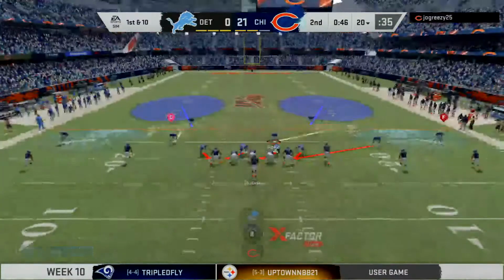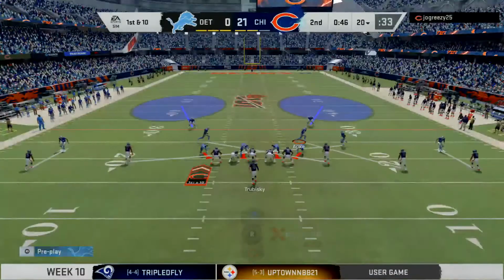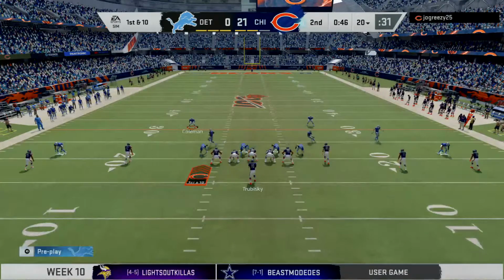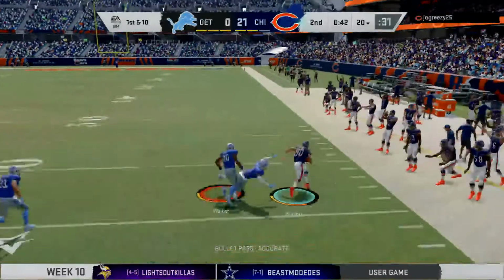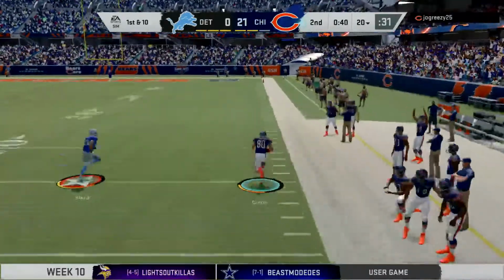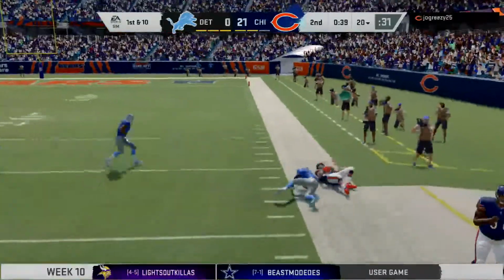At the line, prepping for their next drive, the Bears offense. You've got under a minute to go here until halftime. You've got the good-sized lead. No need to do anything crazy. No, there really is no need to do anything crazy. The smart play, go ahead and take your lead into the locker room and then try and add to it